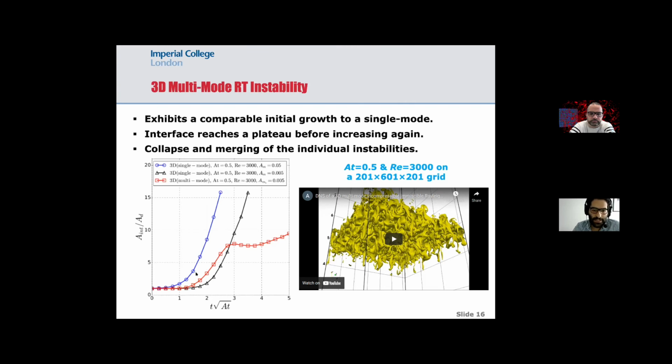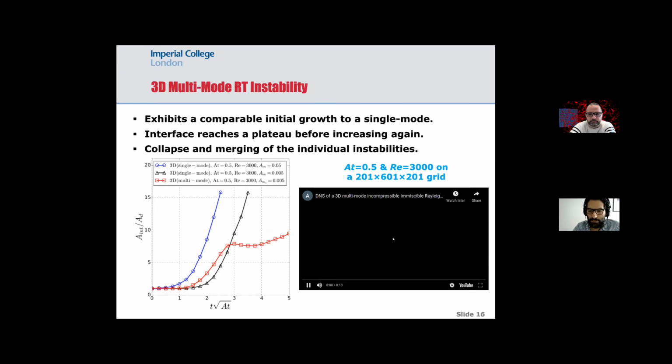And they both, the single mode and multi-mode, behave almost the same for the very beginning, but then for the multi-mode one, the interface stops increasing and reaches some kind of a plateau before increasing again. And this is believed to be due to the mixing, collapsing and merging of the individual instabilities. As you can see, for example, here in this video for the single mode instability,